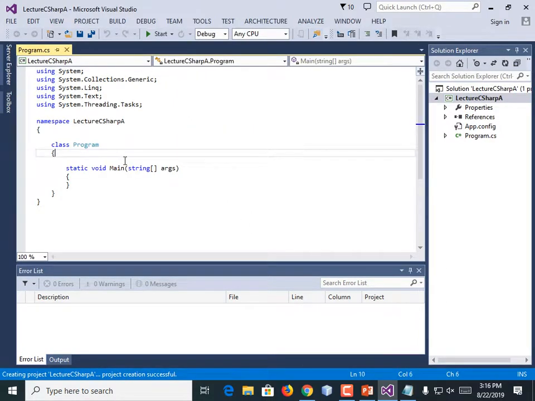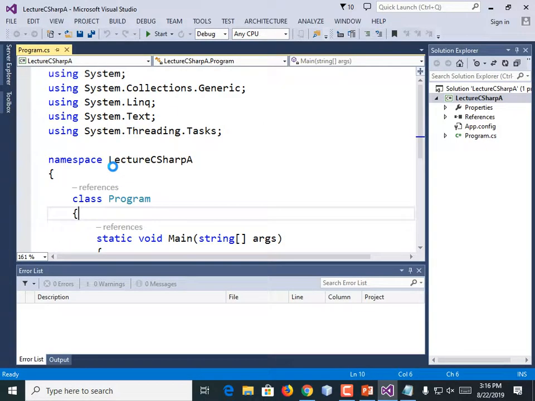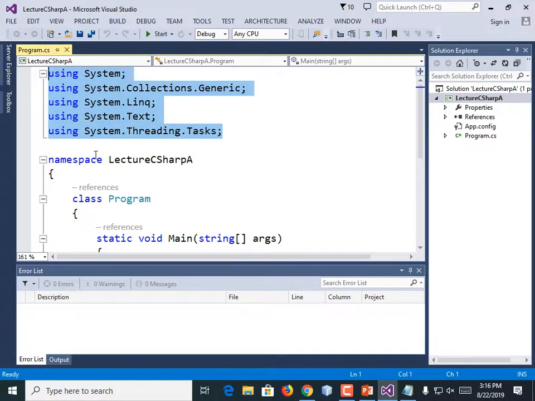Okay, so when it loads up, it goes ahead and creates a boilerplate for you, which is nice because if you've been doing the C++ programming under Visual Studio, creating an empty project, you had to put the boilerplate in yourself. It includes a whole bunch of imports, although here they're called using. We don't necessarily need all those, but I'm not going to bother to delete them. And depending upon your version, they may be different. That's okay.